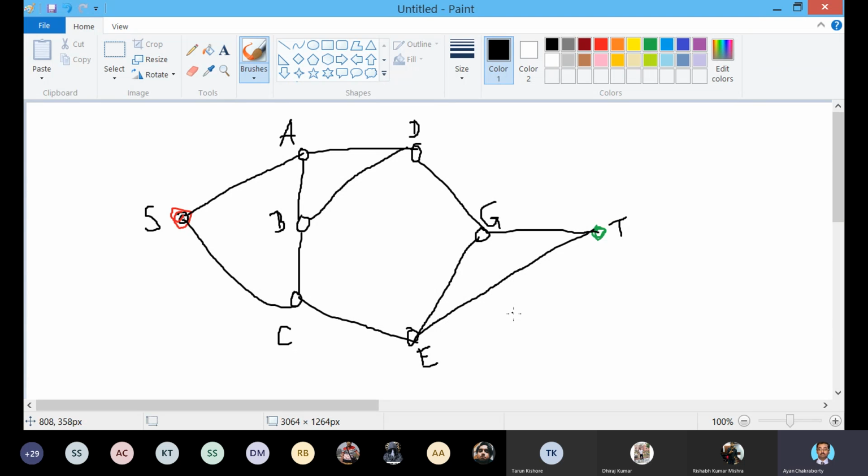Now we have to apply the selection function, or it is called the heuristic function, the H function, by which we will choose between these two, A and C, which will be more suitable for us to proceed to the next state. So for each and every level of this tree, we have to apply two functions.